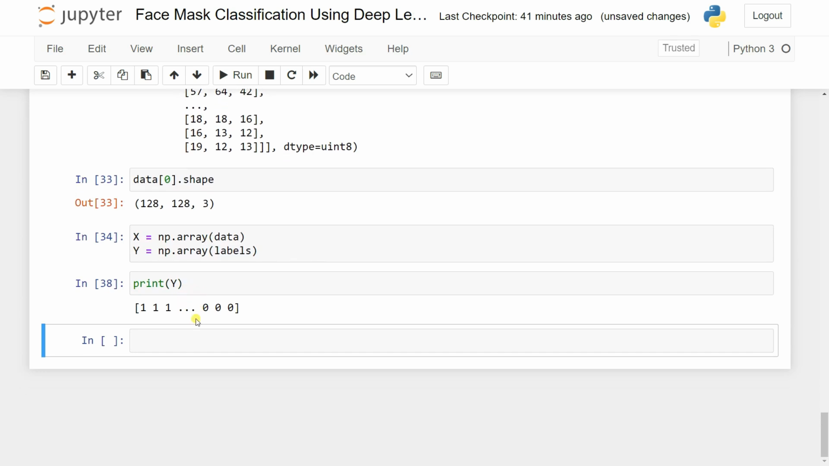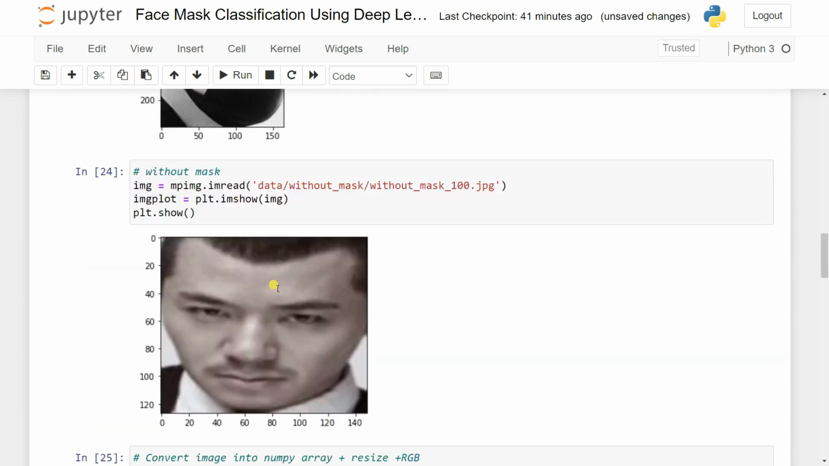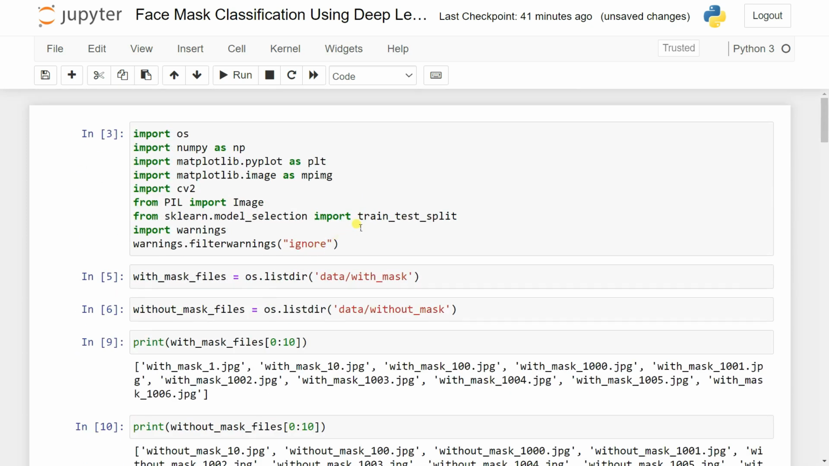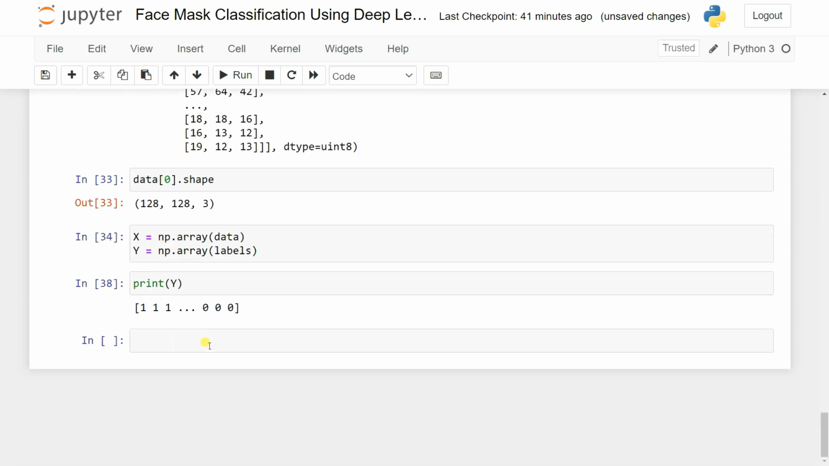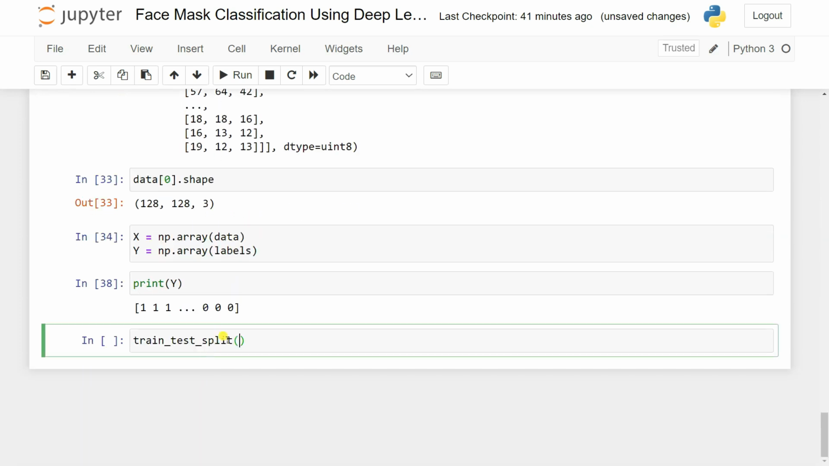Now we're simply going to use train_test_split in order to divide our data set for the training and the testing. So what I can do is pass here the x, comma y. Then after that, we will use the test size. So let's say test size